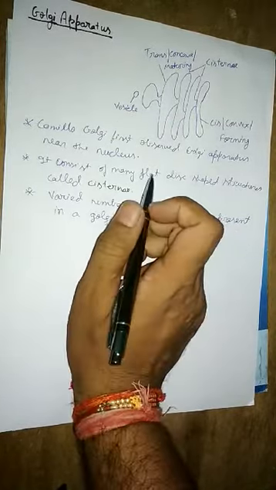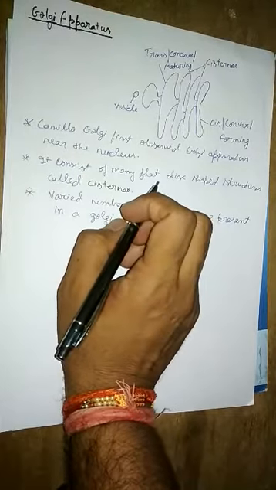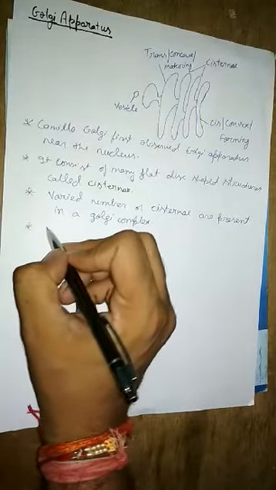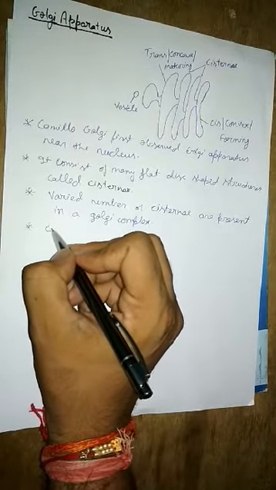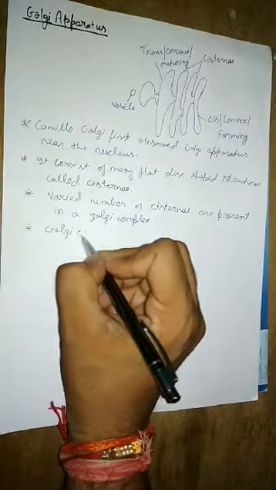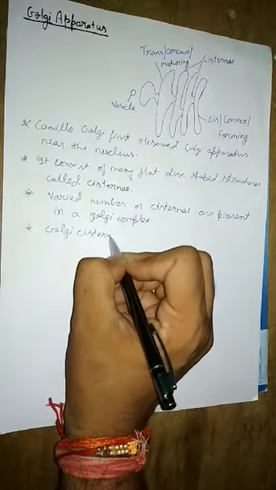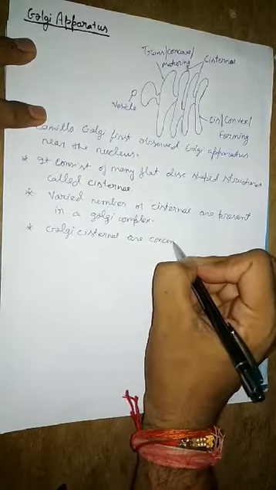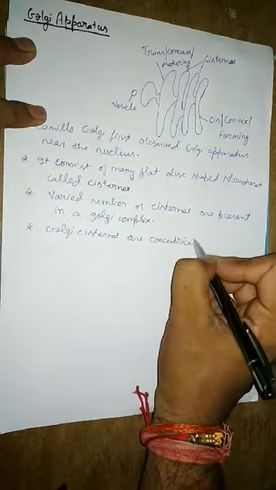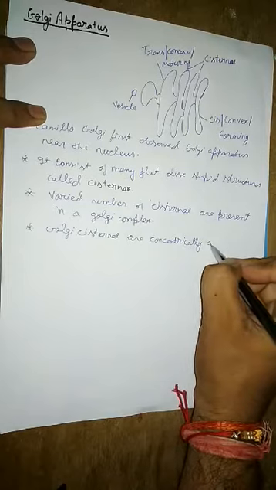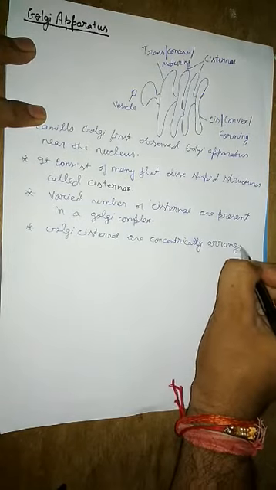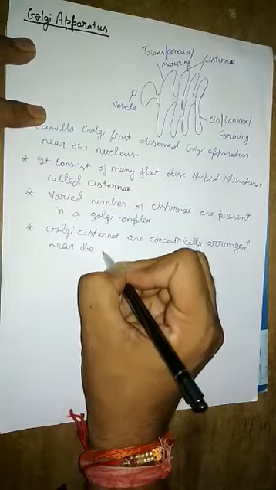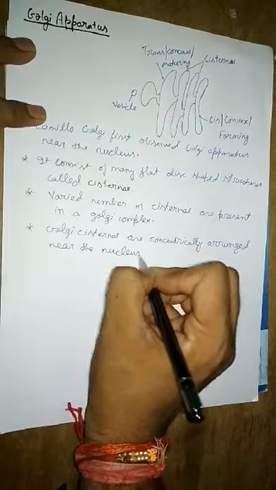There is no particular number, so a varied number of cisternae can be present. Golgi cisternae are concentrically arranged near the nucleus with distinct